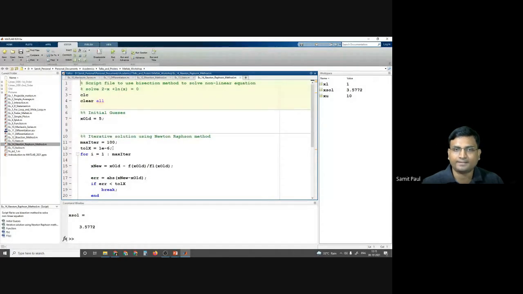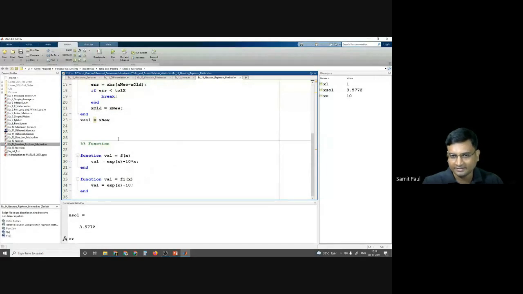In this program, similarly, we need to define 2 functions, one for the function itself and one for the derivative. I could have directly used it within the loop, but I think it is better to use a different function.